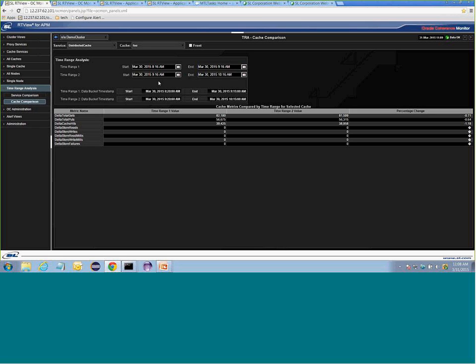You'll notice here that I picked yesterday from 8 a.m. to 9 a.m., and then from 9 to 10. This would simulate something: you're in your test environment and you run a test at 8 a.m. with one application, and you might have another version of that same application that you run an hour or so later. You see an aggregate level across these two one-hour runs, and you want to see how they impacted the underlying cache.